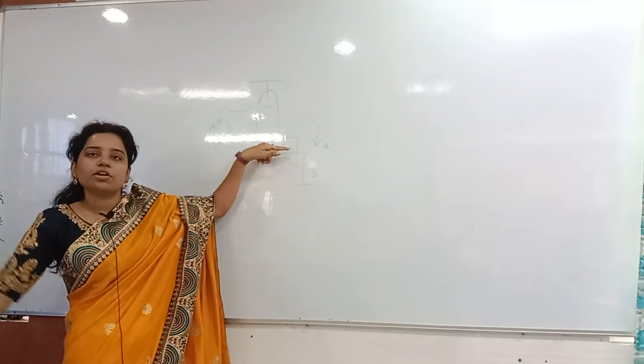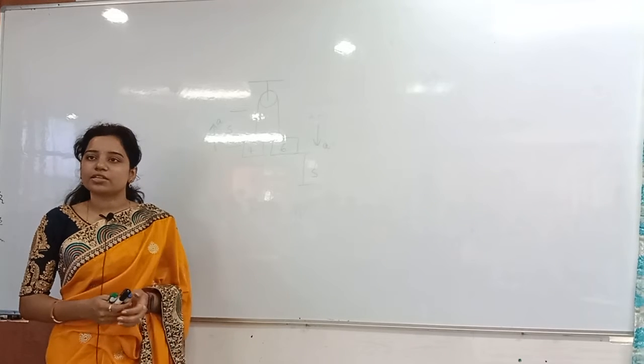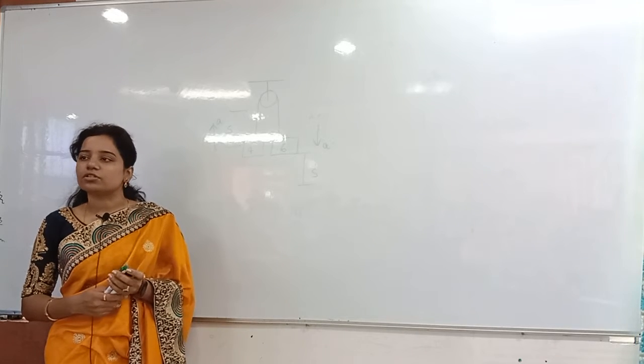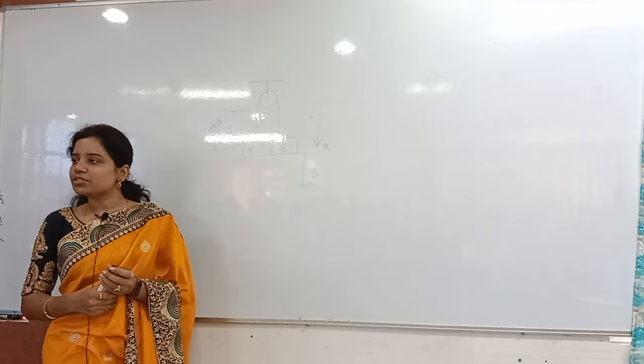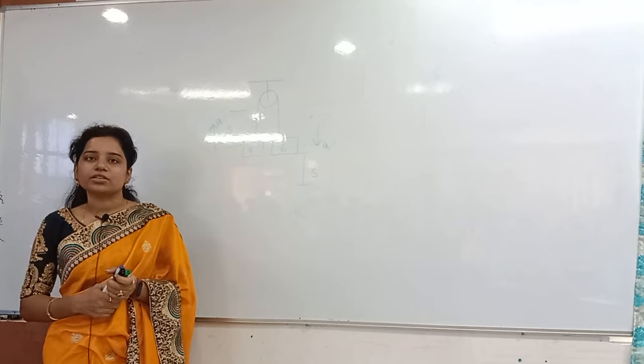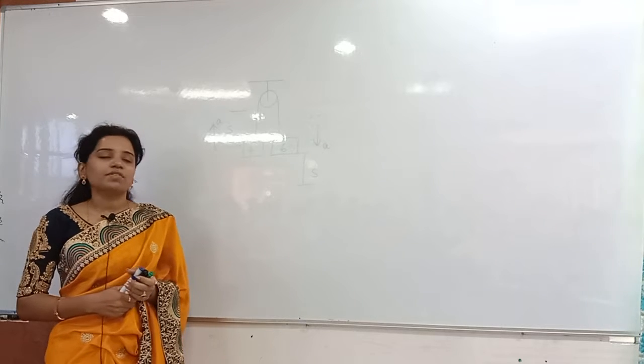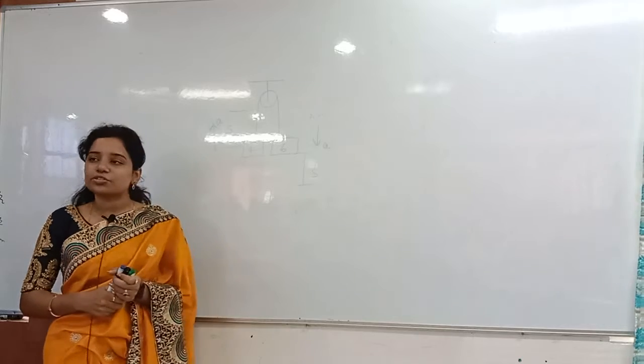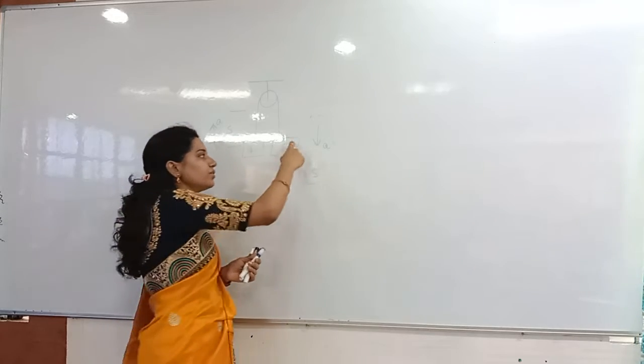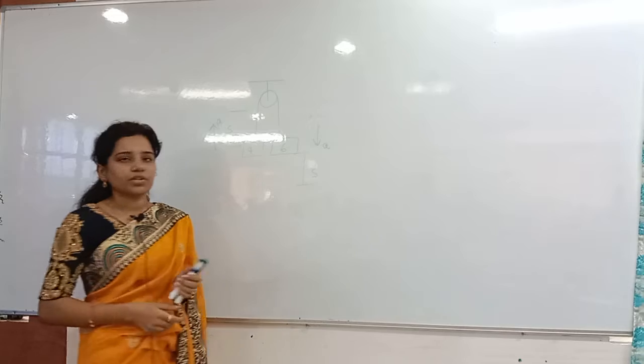And this will give you what? 6 a s in the downward direction. How can you say that work done is 0? m a s only, no formula, force into displacement only. You are understanding my question, right? So, the work done by the gravity is not equal to 0. Why? Because this will give you 6 a s and this will give you 4 a s.